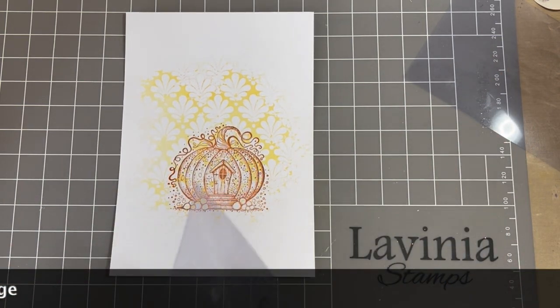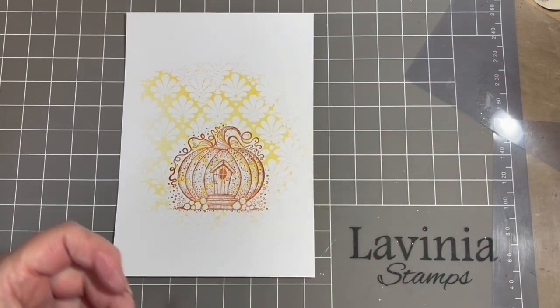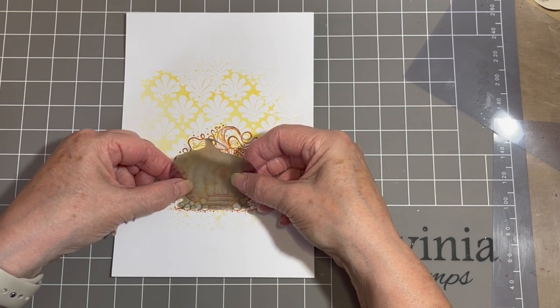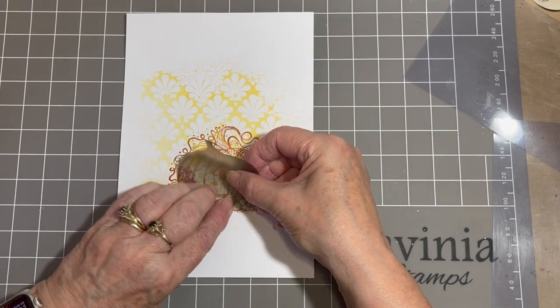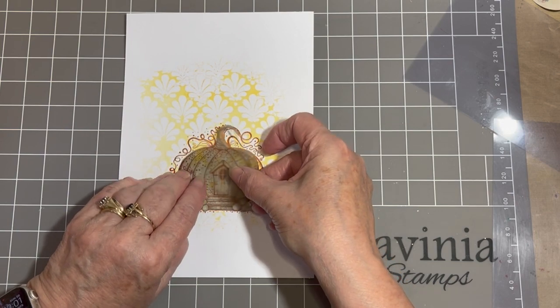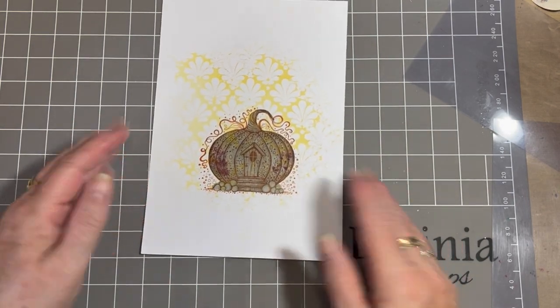So then I made a mask using masking sheet. I'm going to place that over my Pumpkin Lodge. There we go. So I've masked off our Pumpkin Lodge, so we can now